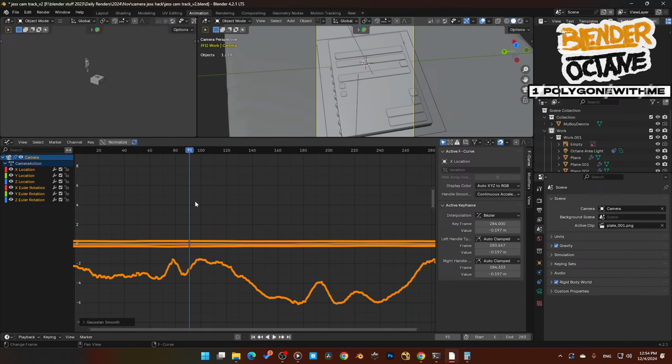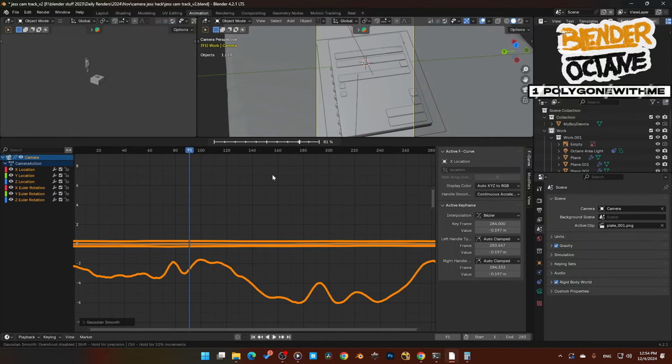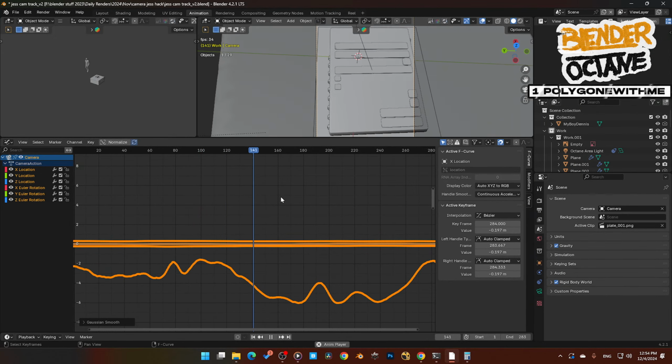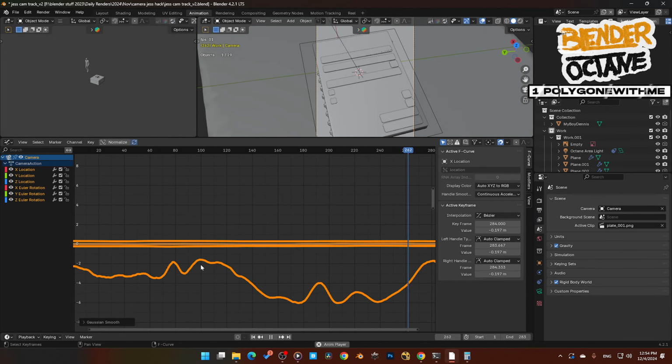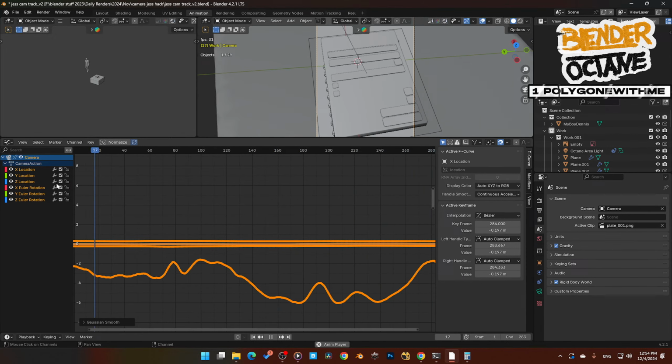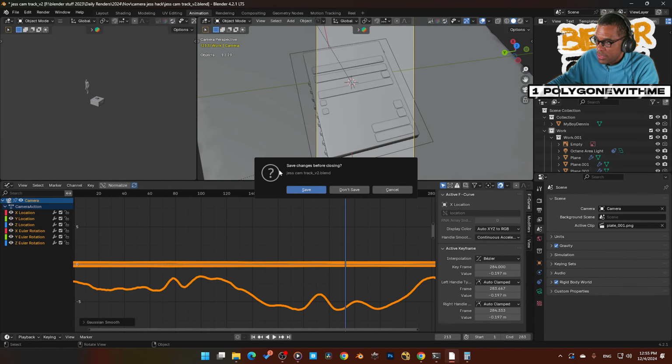Alternative, where is that at? Where's the settings for that? Modifiers? No, F-curve. Smooth. Yeah, that's totally, ah, it is working. Dude, that's dope. That's dope. It is working. It smoothed it out. Look at that. That is awesome. All right, let's save this